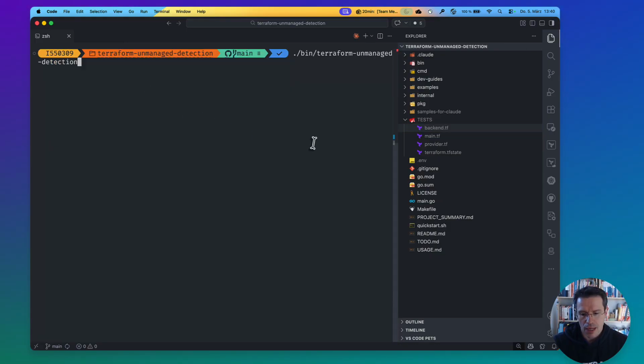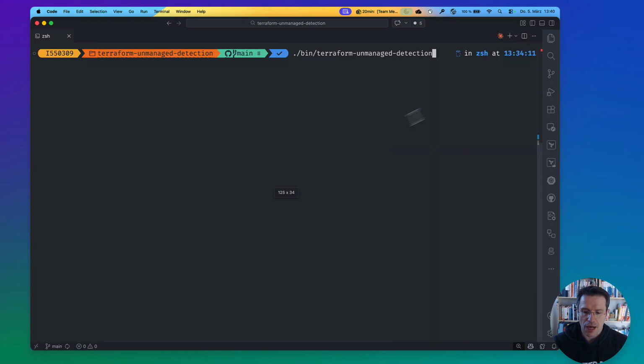Now, let's see how the CLI that we have created would work. From the perspective of the flow, what does the CLI do? The CLI fetches the state data, because then it knows which resources are managed by Terraform. And then it uses the TF query functionality in order to get all the information that is available on the